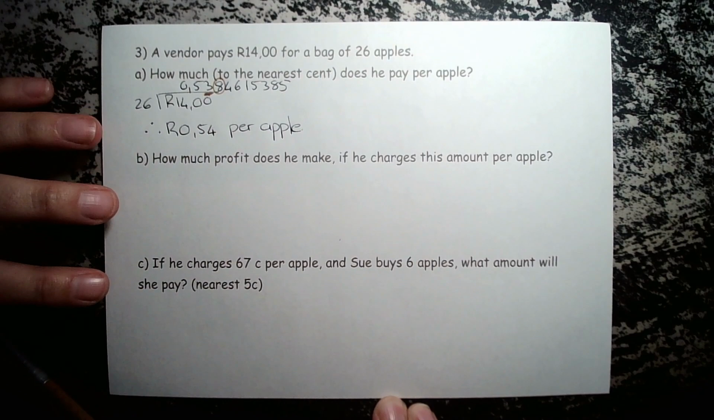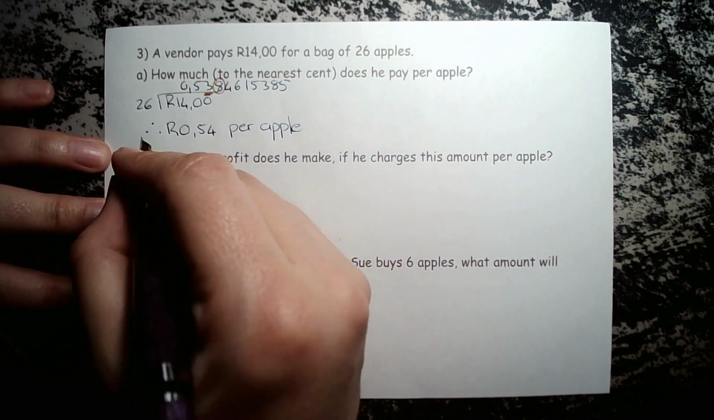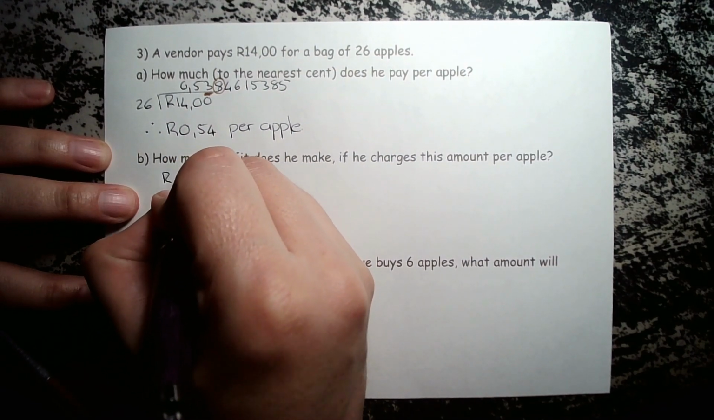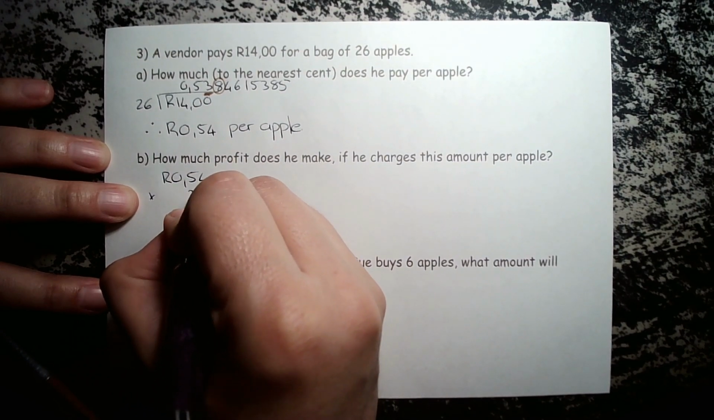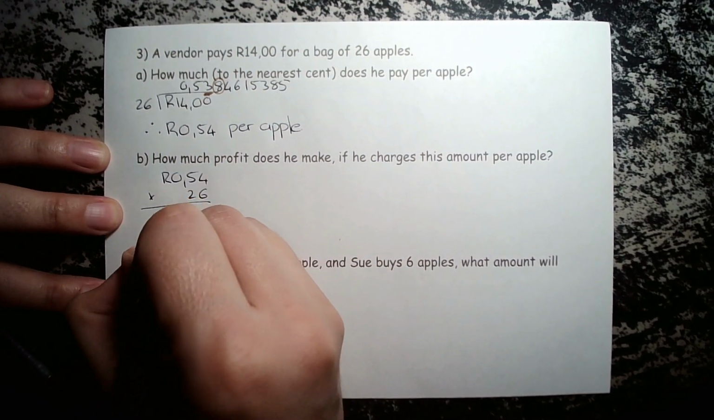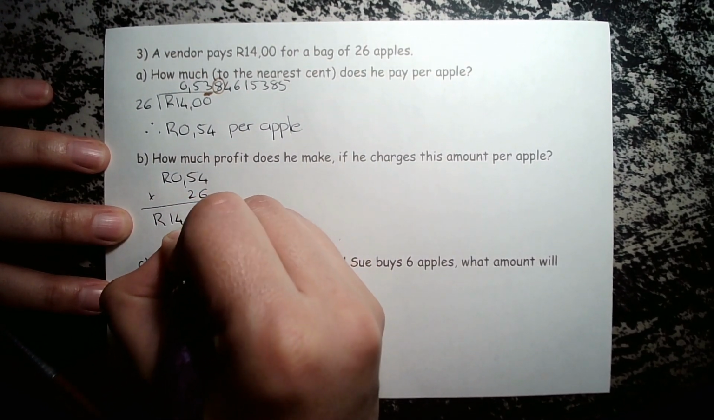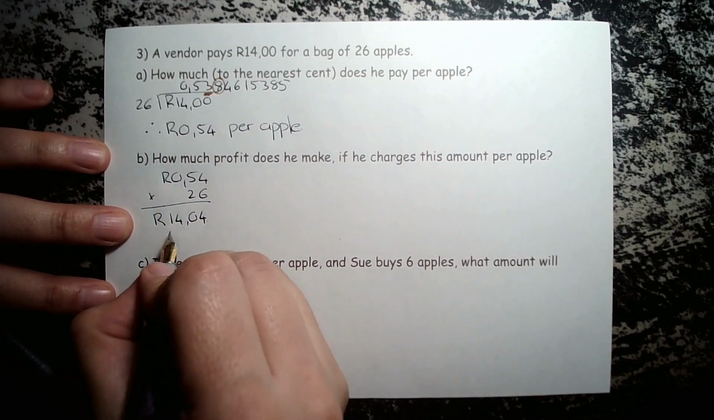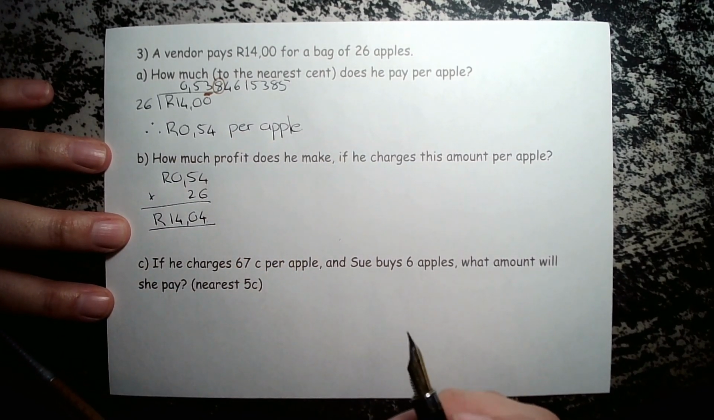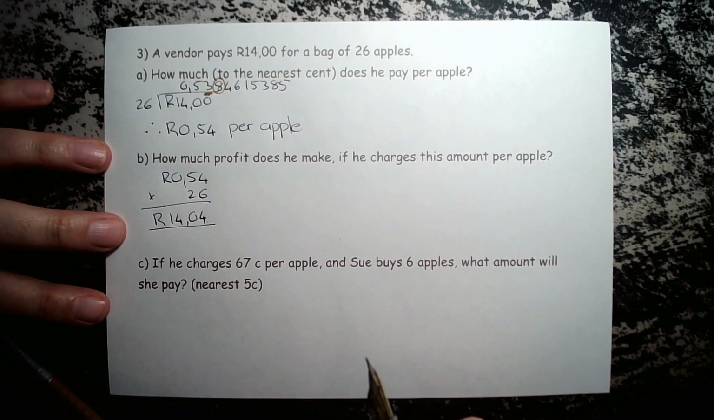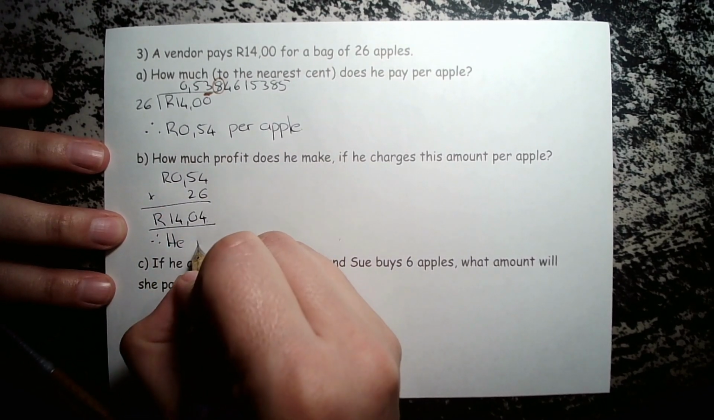Number B. How much profit does he make if he charges this amount per apple? So if we take the 54, we multiply that by the 26 apples that he has to sell at this price. He makes 14 Rand and 4 cents in total. So he paid 14 Rand for it. He has 4 cents more back, or 4 cents more than he did to start with. So therefore, he makes